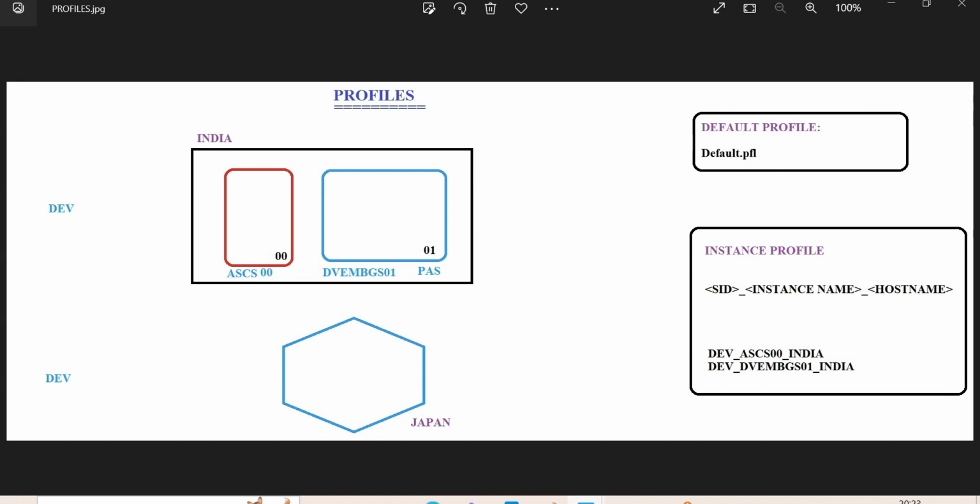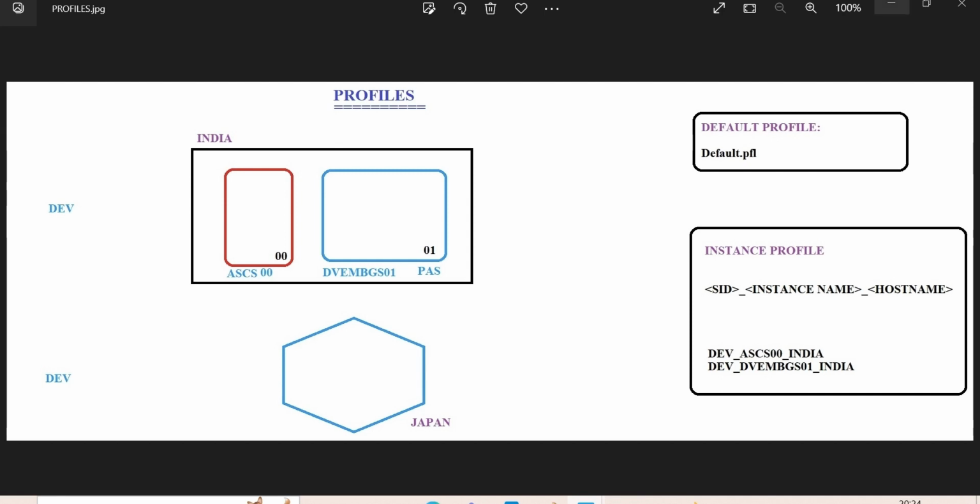What is this instance specific information? Instance number, instance name, instance host name, and what we have in that instance. Message server information and queue server information. In the instance profile, the instance number, instance name, instance host name, the number of work processes, the type of work processes, and the physical memory of that instance. Is it clear? Yes, sir.